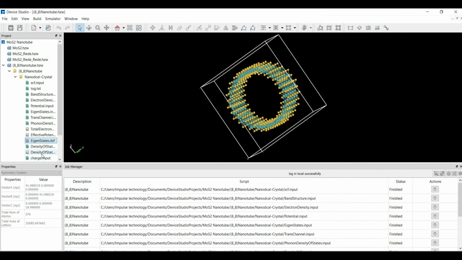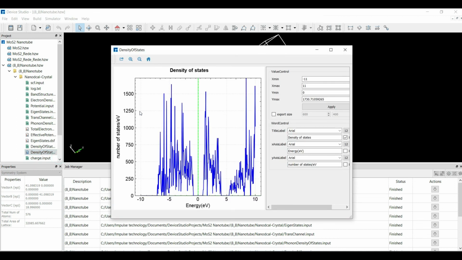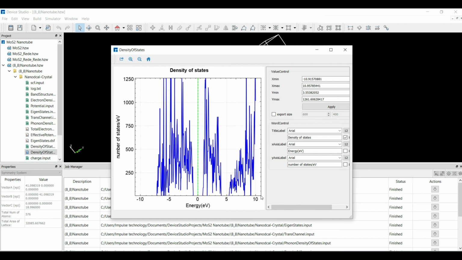This is the density of state. If you want to zoom into a particular point, simply draw a rectangle and you can zoom like that. This is the density of state of this MoS2 structure